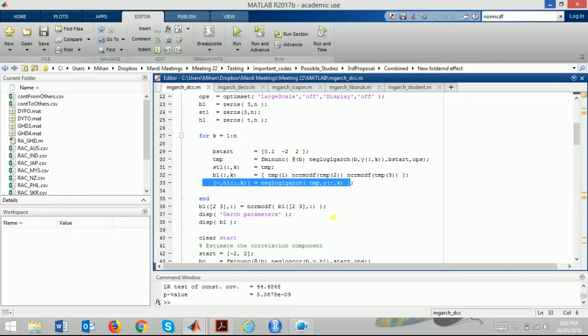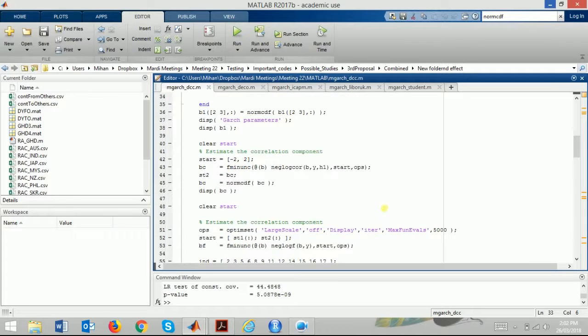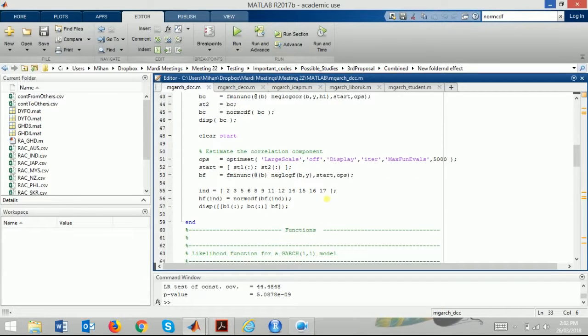MV GARCH, run it, you get H1, all rows and columns. So these are the GARCH parameters. Beta 1, 2 and 3 are GARCH parameters. Correlation components